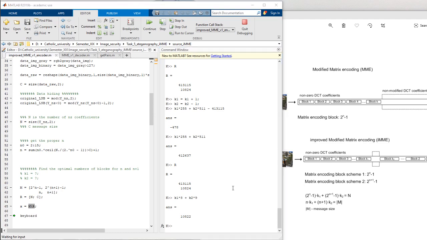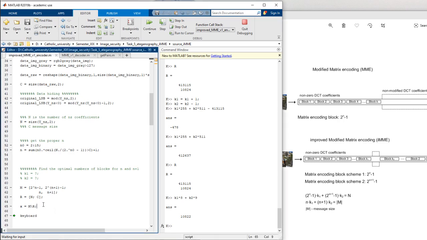Okay, I think the best we can do here is make a simple check procedure and just ask the computer to calculate the K1, K2 like they are supposed to be. Okay, so here